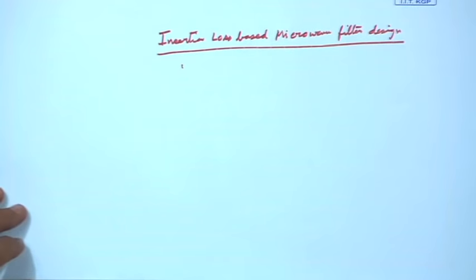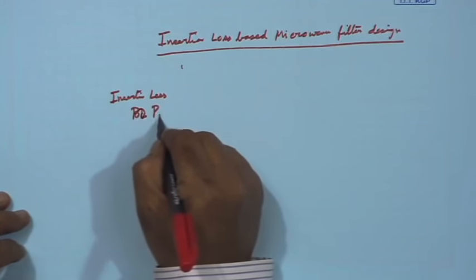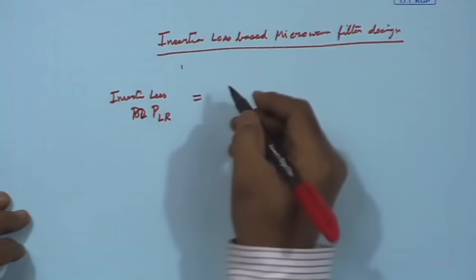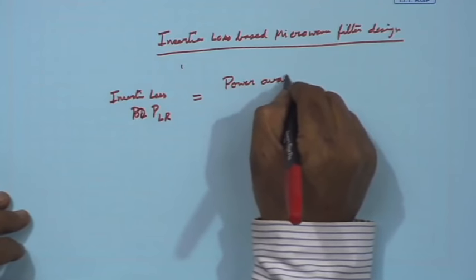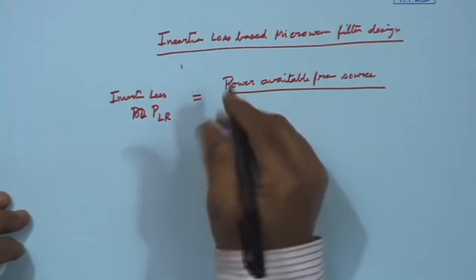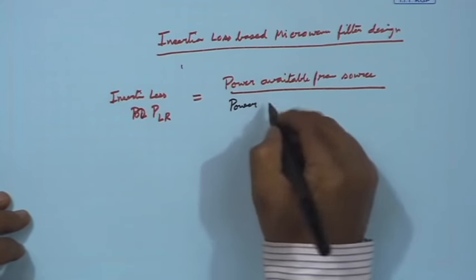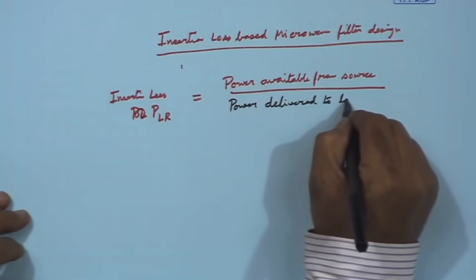Now, today let me first define what is insertion loss. Insertion loss, its symbol is PLR, and this is the ratio of power available from source to power delivered to load by any